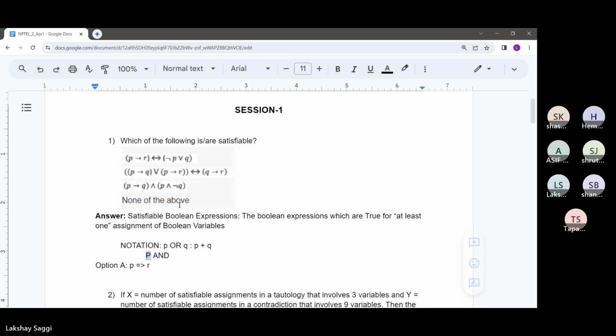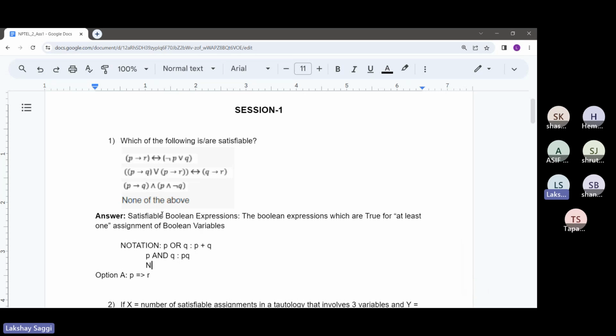Similarly, for the expression P and Q, I'll be using the notation PQ. This is because the AND operator can be thought of as a multiplication. Note that this plus and this PQ are not actual multiplications. These are just notations for OR and AND. So P plus Q, if P and Q both are true, then true plus true will give true only, because true or true is actually true only. So this is some notation which I'll be adopting.